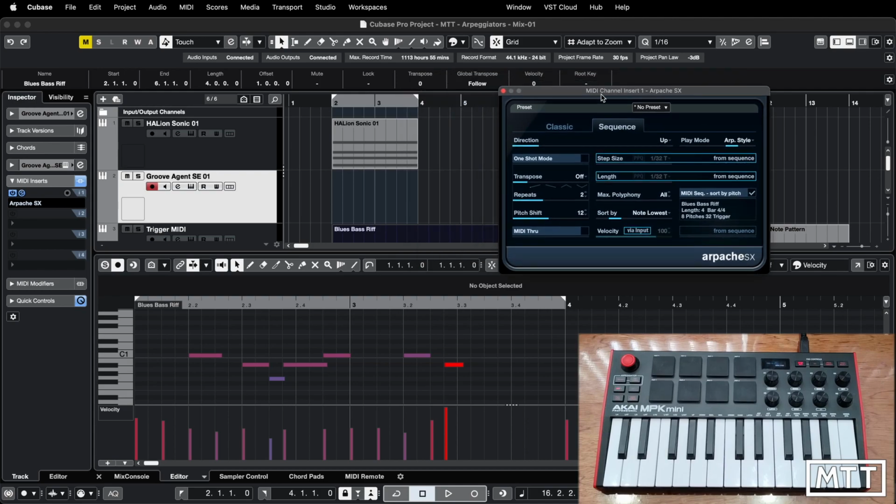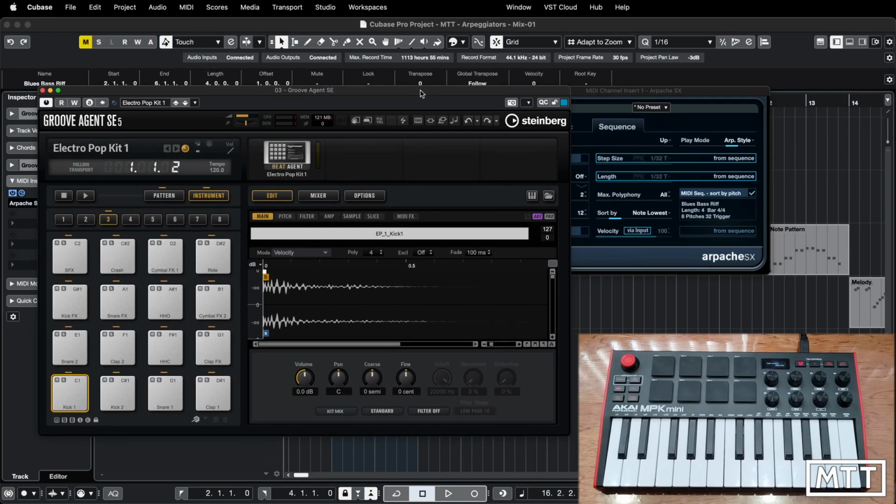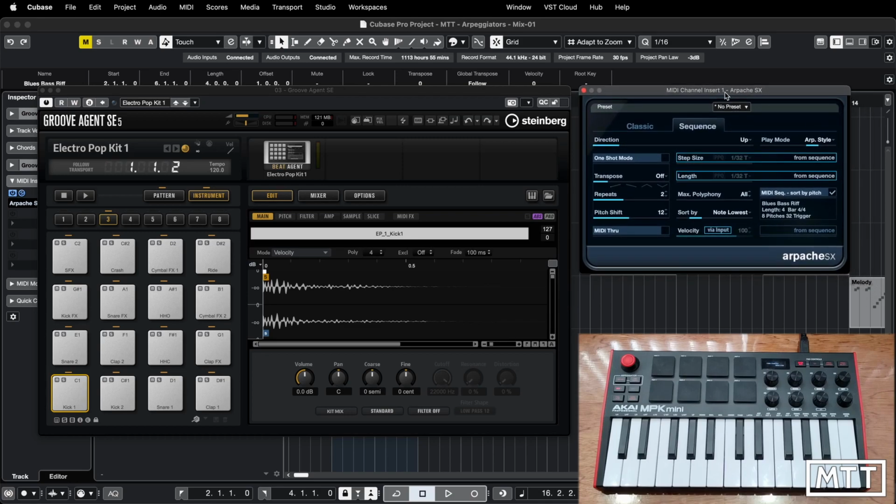Now I'm just going to close the editor and open up Groove Agent so we can see what's happening here. Depending on the note that I play, you get something which fits rhythmically with what's already been played. So you can hear the rhythm of the bass on the cymbal. But if I play a different note,